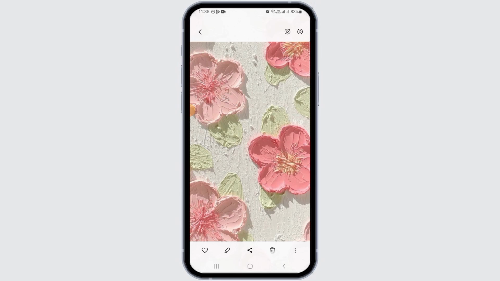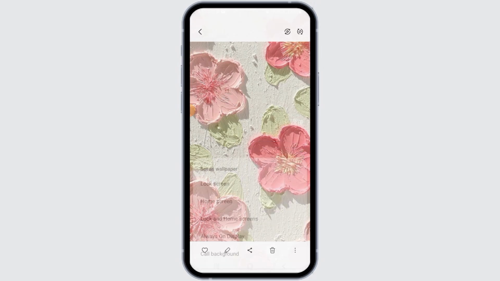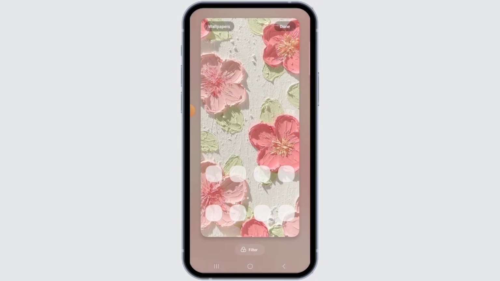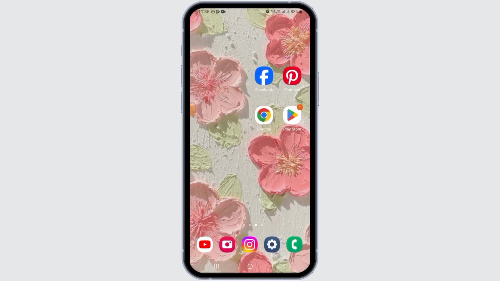All you have to do now is tap on the three dots, then tap on Set as Wallpaper option. You can choose if you want it as your lock screen, home screen, lock and home screens. If you only want this as your home screen, tap on Home Screen. Tap on Done. Now if you head back, as you can see, the picture from your Pinterest has been put